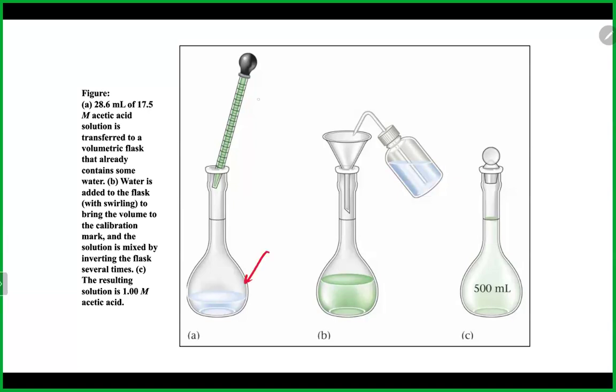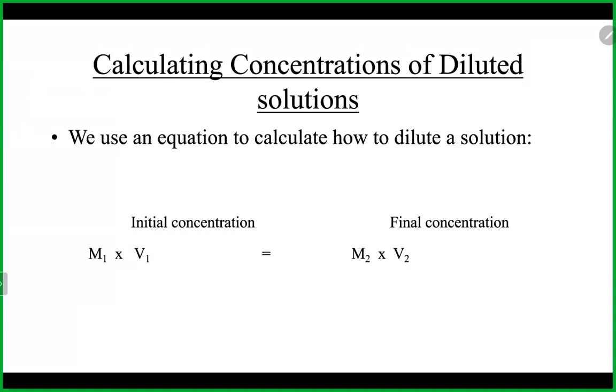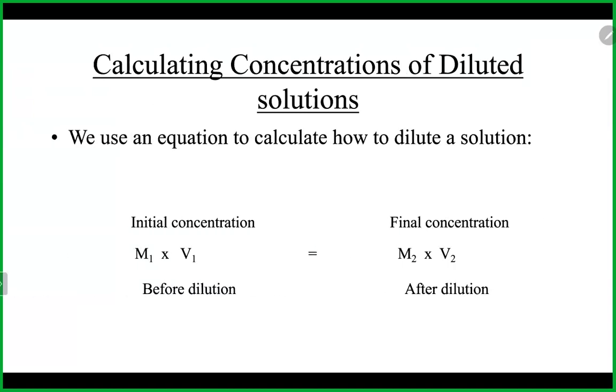You could add some of your more concentrated solution to it, top it off there to the line as we talked about when we were talking about making that solution. And if you mix it up really well, you'll now have a more dilute solution because of the addition of the water. To do our calculation, I would say most people roll with this formula here, which is M1